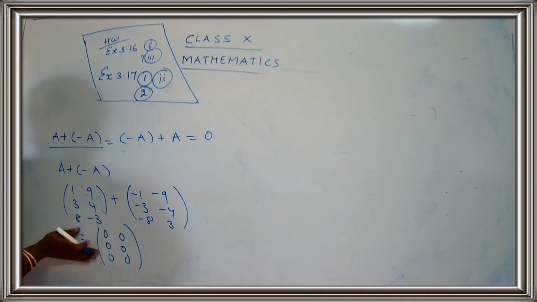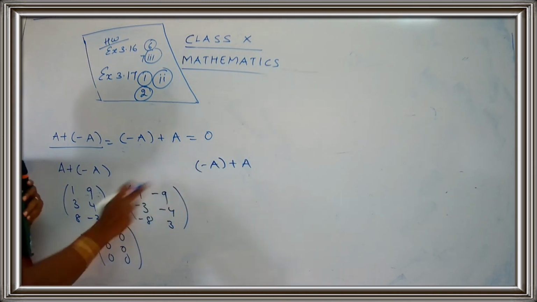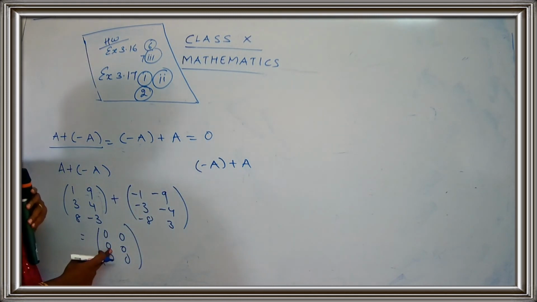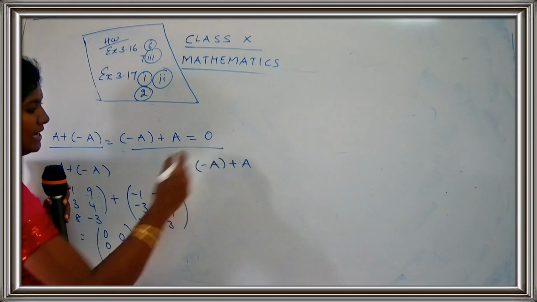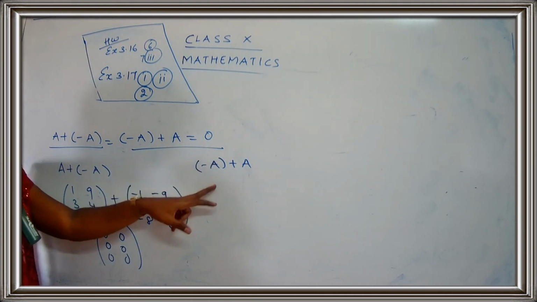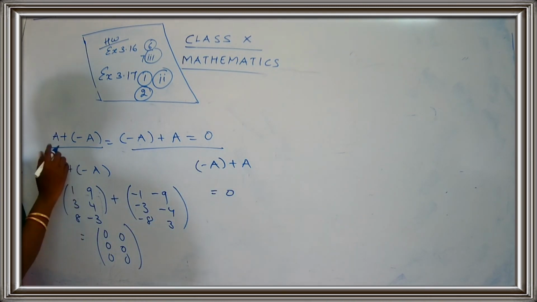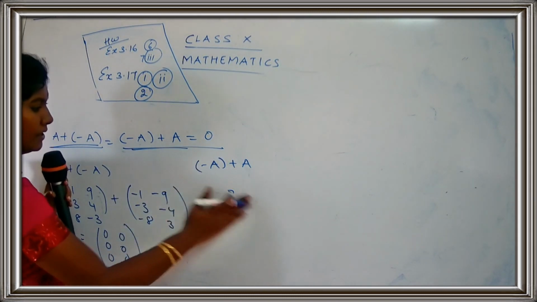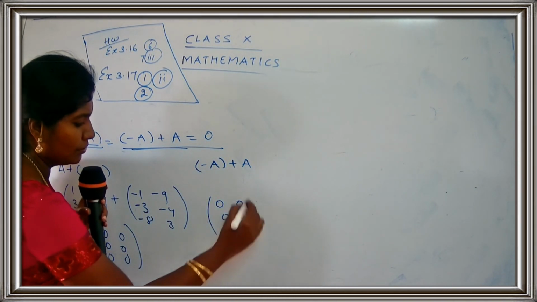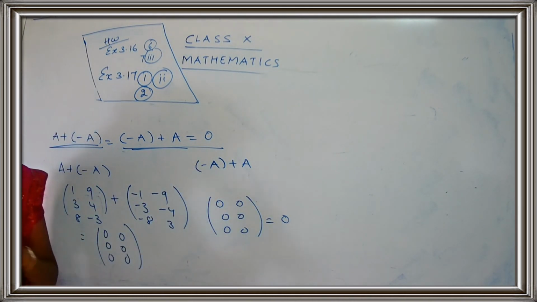Okay, so this is the first part. Similarly, you have to do minus A plus A. Again you will get the answer. Now what is the meaning of 0? This is 0. So you have to just say that this is equal to 0, because you are getting a zero matrix. That's all. You have to show this step, and for 0, you can say 0, 0, 0, 0, 0, 0 is equal to 0. Okay, children? So you get 3 steps and you can complete the work.